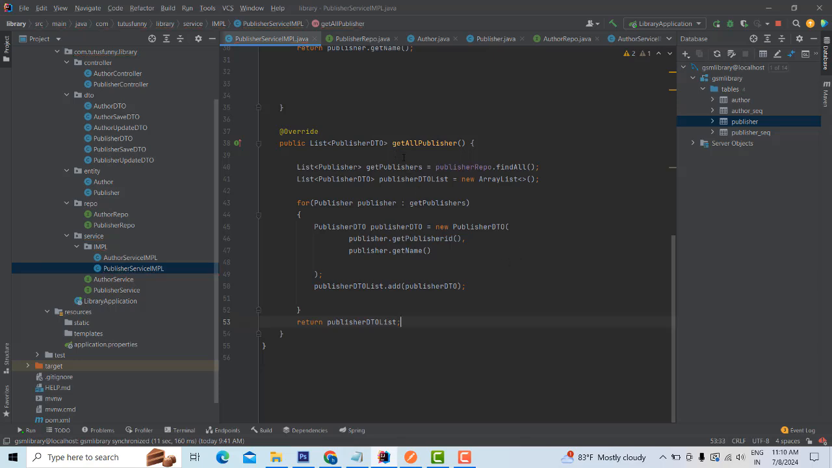So what I did here: the first function finds all the publisher details via the repo. Here we have the data in the publisher entity schema. After that, we have to show it in the front end, as a DTO format. So you have to write the object publisher DTO list. You get all the data and pass it over here. We get them one by one and set them into the publisher DTO format, getting the publisher ID and name. It is also set into the DTO format. So let's